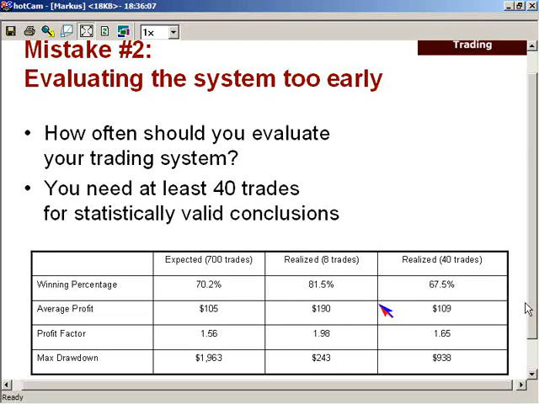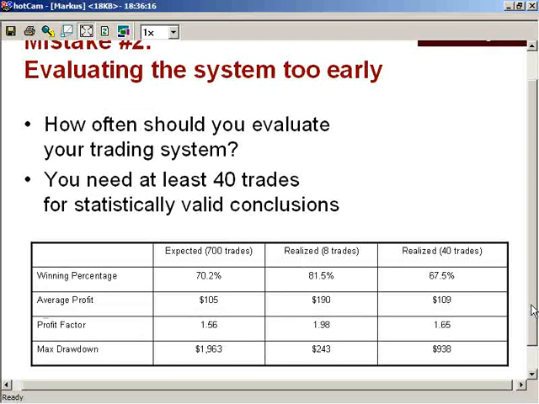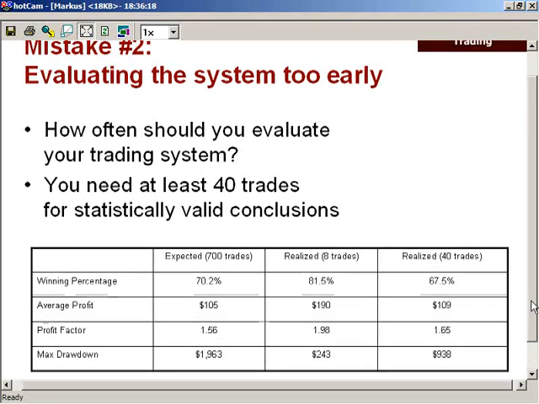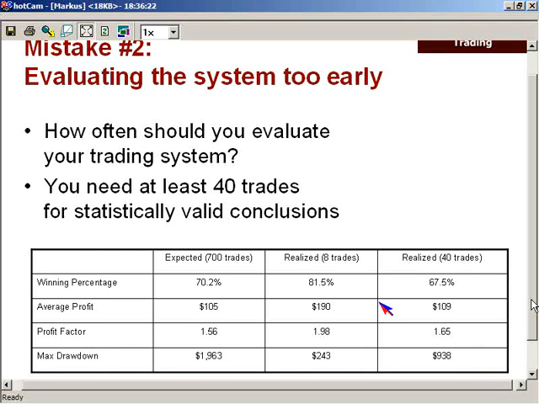All right. So the other mistake is that traders are evaluating the system too early. So how often should you evaluate the trading system? As I said previously, you need at least 40 trades for statistically valid conclusions. Take a look at the table here. This strategy has been backtested over 700 trades. And over 700 trades, we have the numbers that you see in the left-hand column. So we have a winning percentage of 70.2%, average profit per trade of 105, a profit factor of 1.56, and a maximum drawdown of